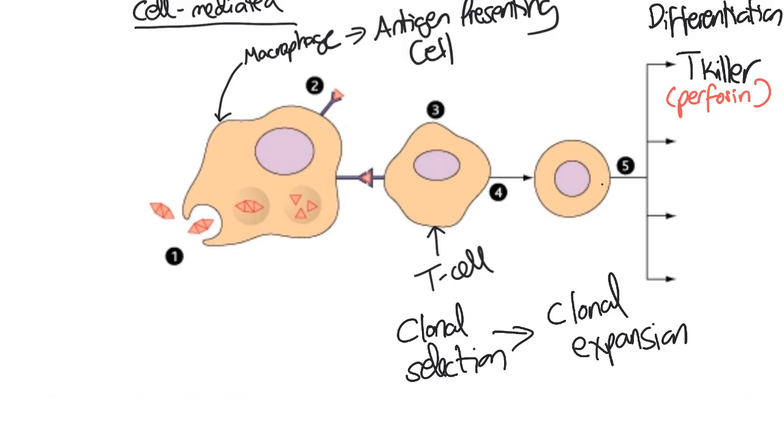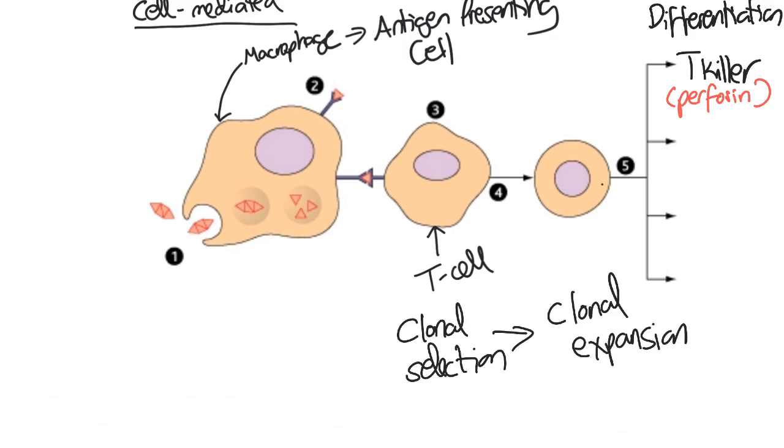When it pokes holes in it, the cell surface membrane is now freely permeable, so lots of water is going to rush in. And because lots of water is rushing in and these cells don't have a cell wall, the cell will explode. It undergoes lysis, it destroys the cell and the pathogens which were inside it.